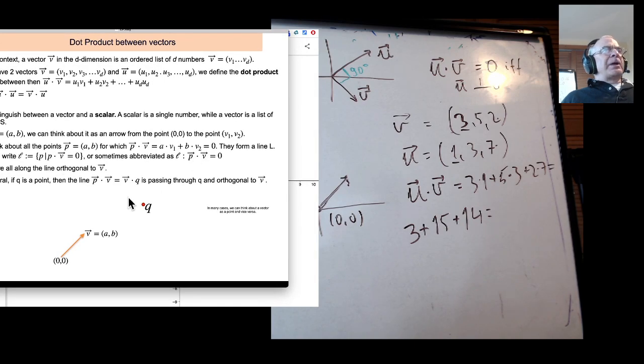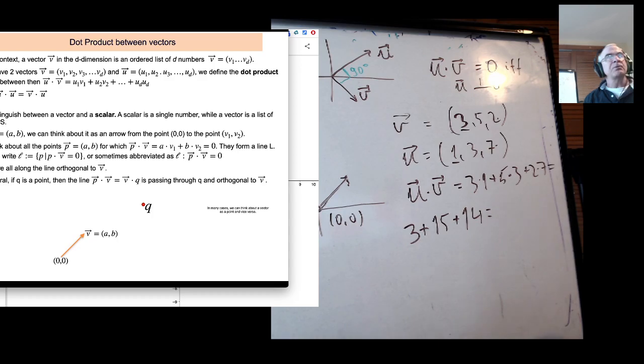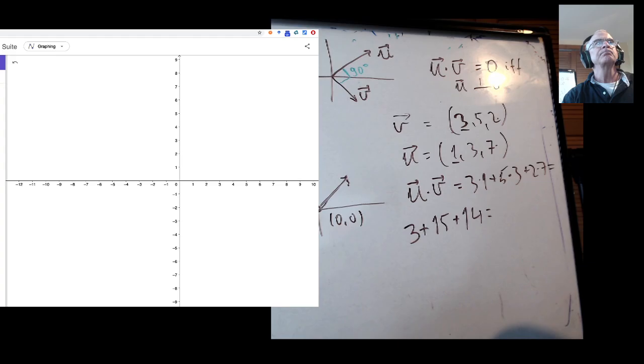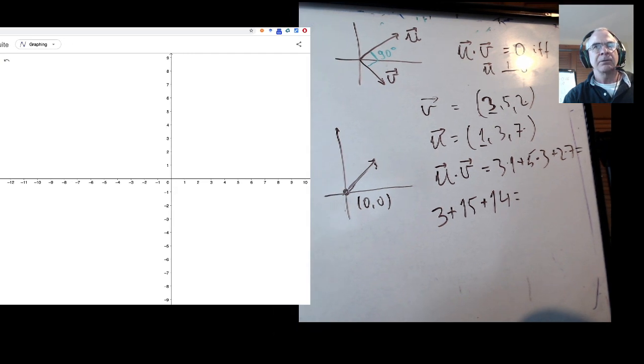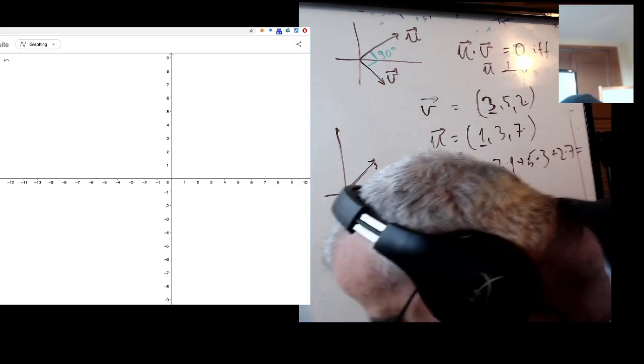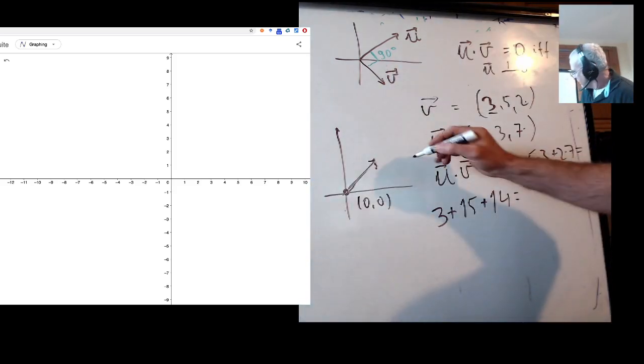Okay, so where are all the points P such that P dot product V equals 0? Well, quite easy. We need to go back to our whiteboard. We will look at the vector V, and we will ask, here is a vector